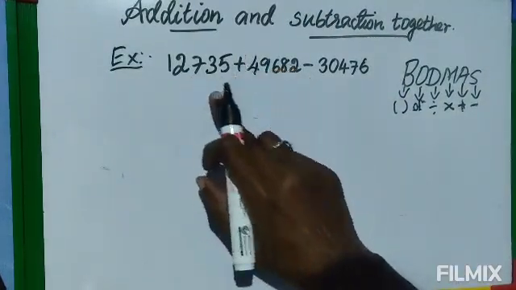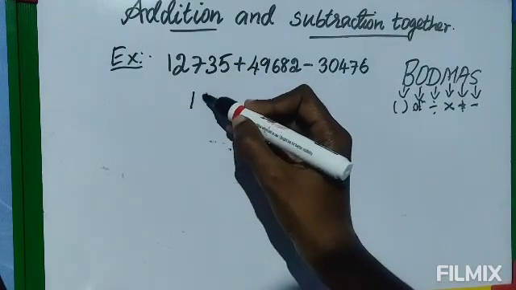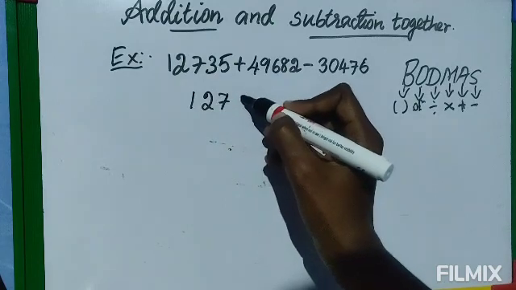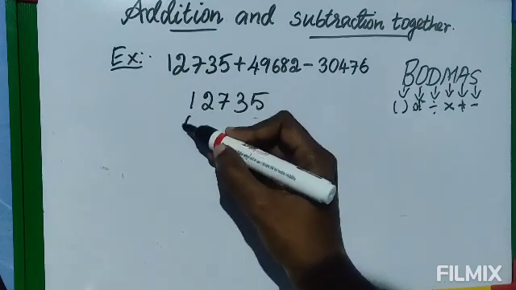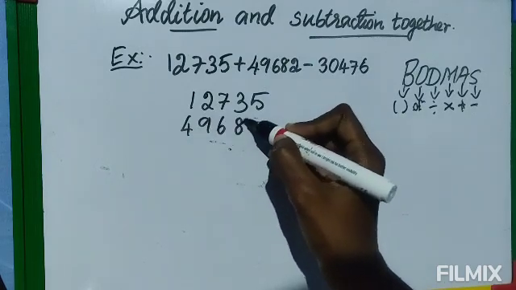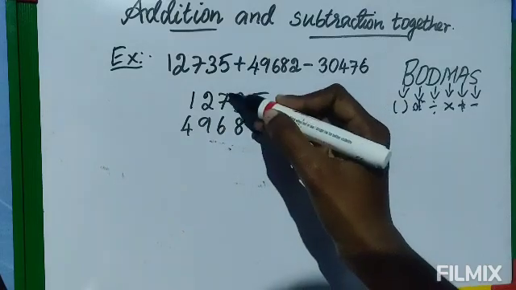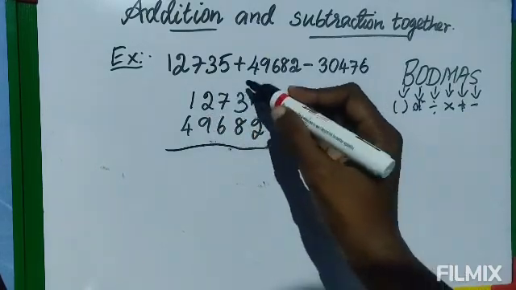So let's do this. To do this, first you have to add these 2. Arrange the digits in order. Yesterday when I was checking the homework, I saw some of you did not arrange the digits properly. It should be in order, directly. Some are writing here and there. Okay, so first we have to do the addition.